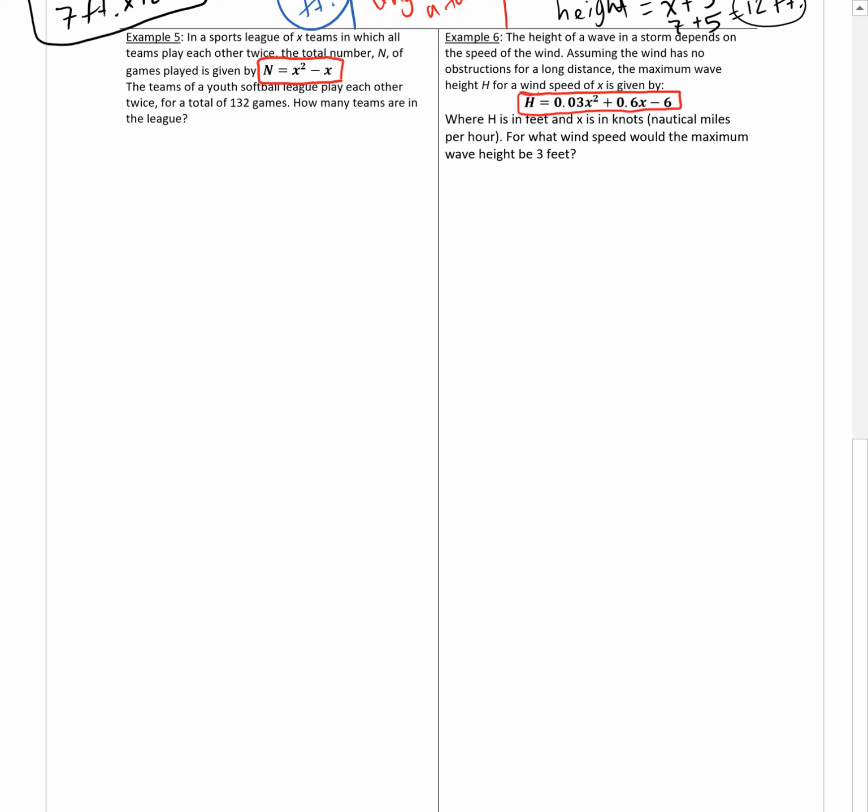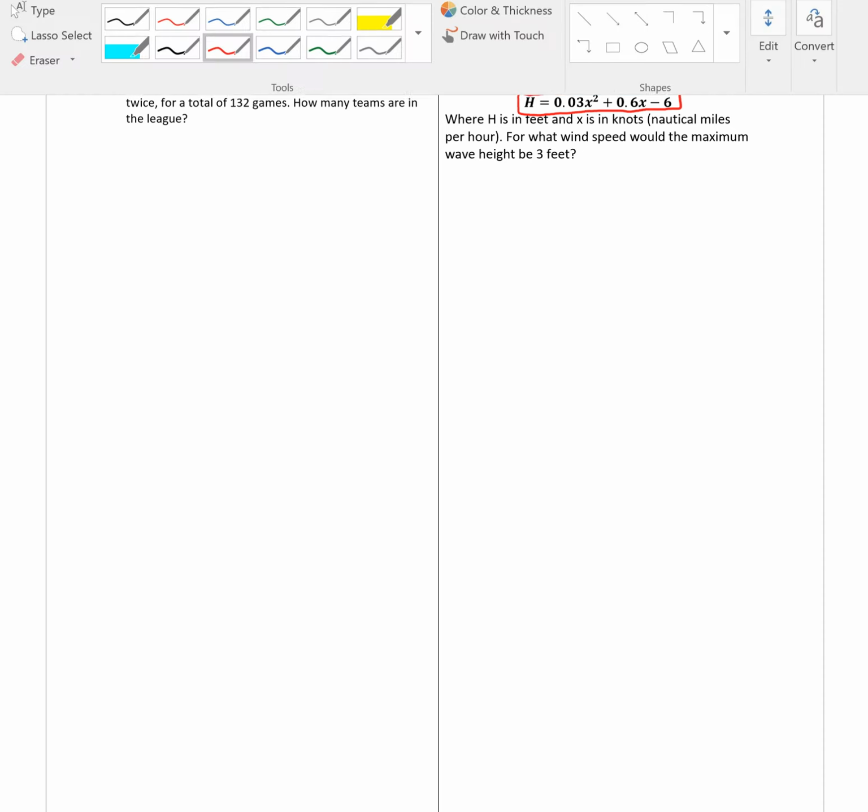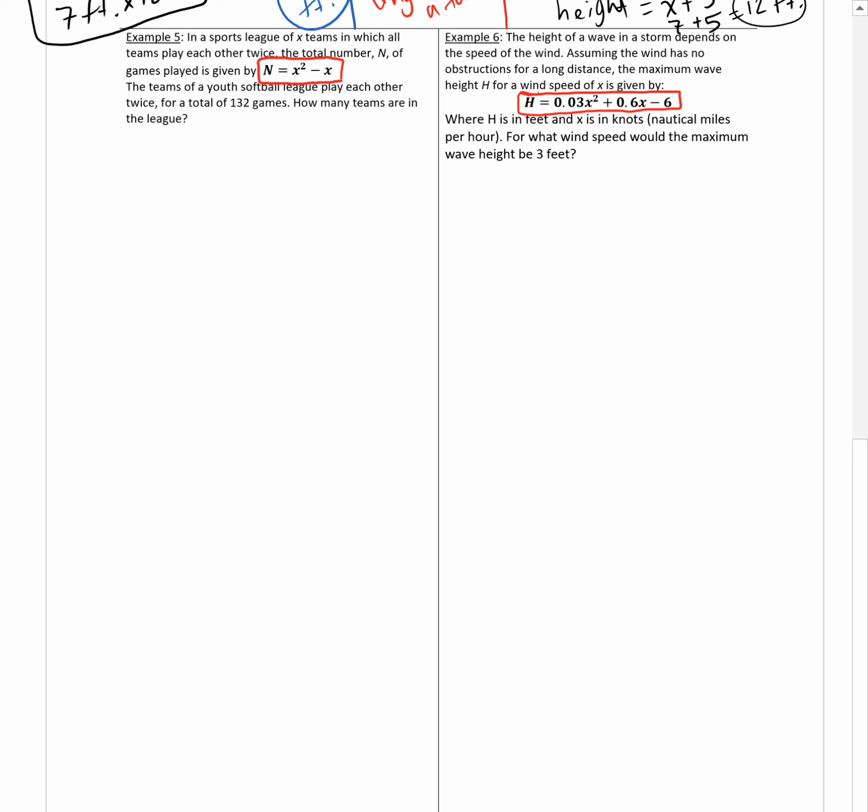Because that was the hard part of the previous 4 examples, actually finding the equation based on the information they gave me. I think these will actually be easier. They've already given me the equation. Let's try example 5. It says, in a sports league of X teams,